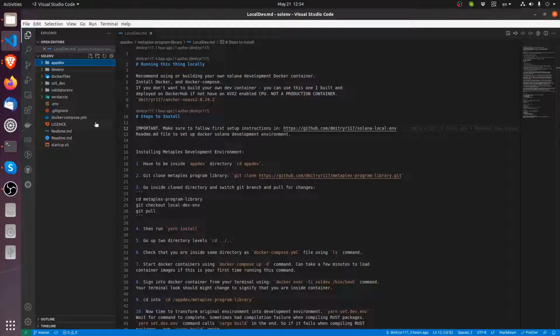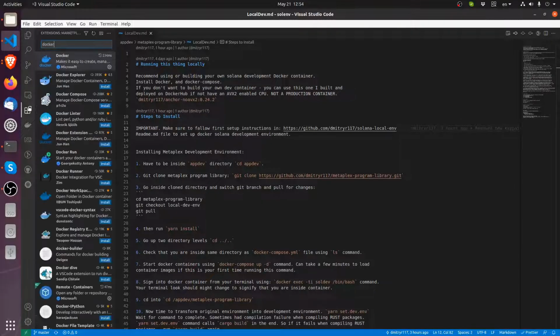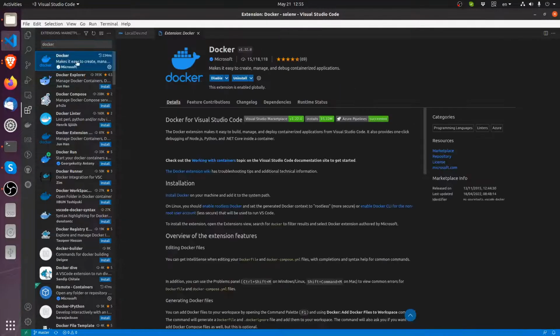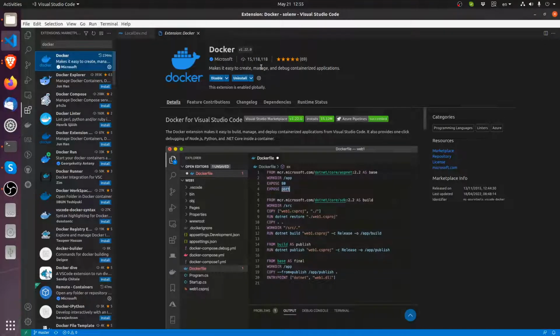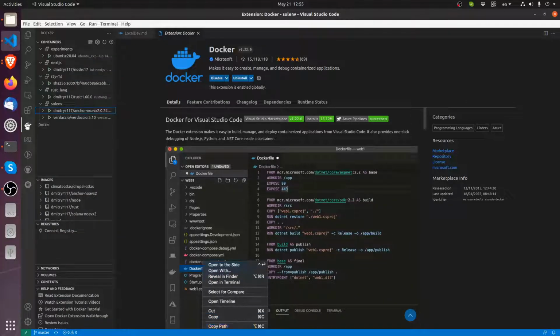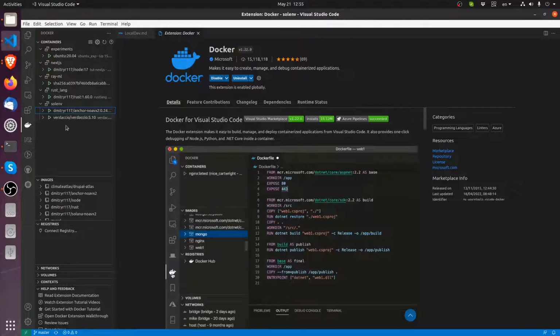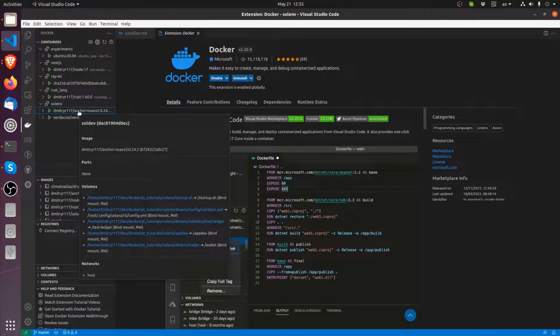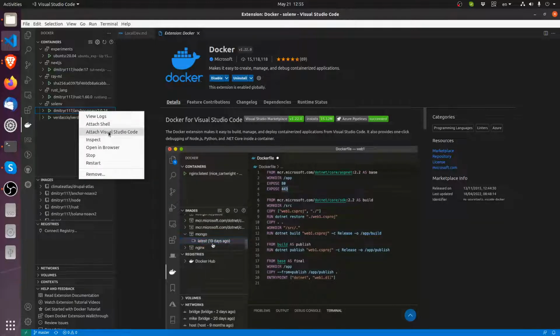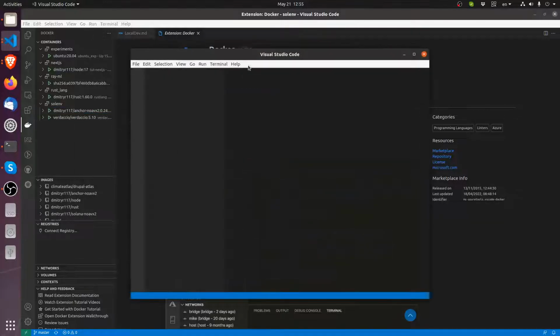What we can do from here, we need to have a particular extension, this Docker extension right here installed. What that allows us to do is it gives us this tab right here. When I go to this tab, here you can see all of my different containers that are currently working. The one that interests us the most is under solenv, this anchor no AVX. I just right click it, attach Visual Studio Code,